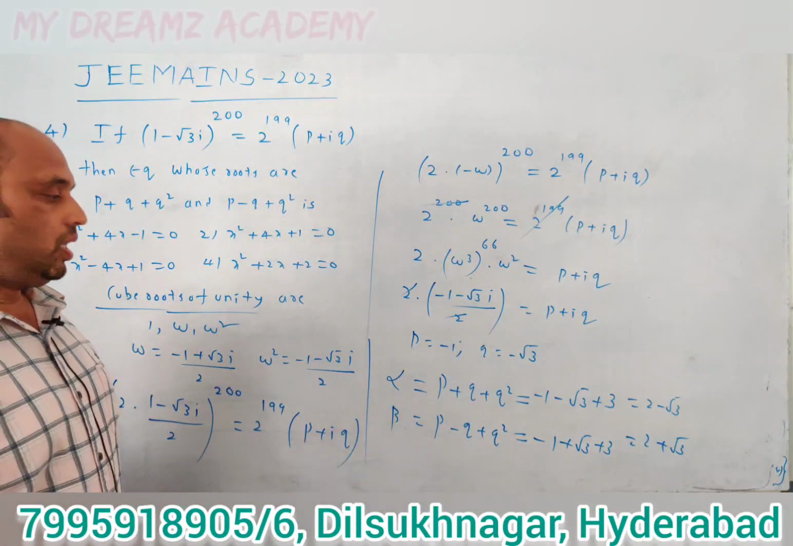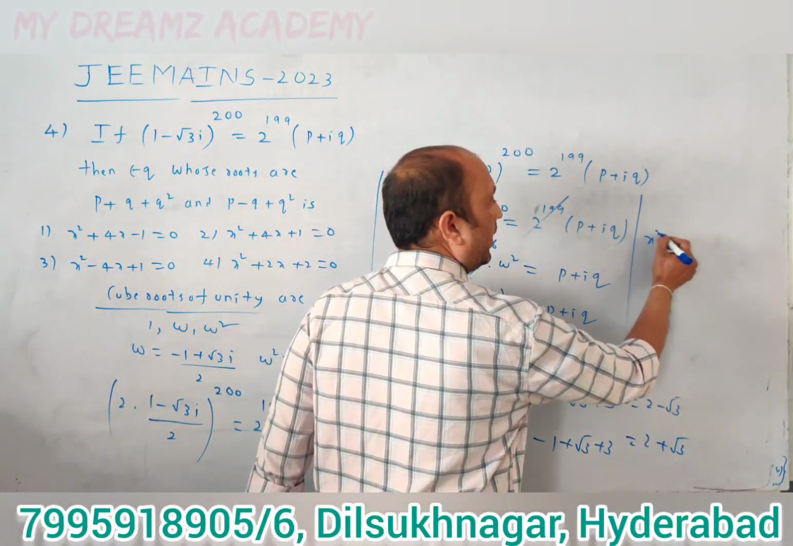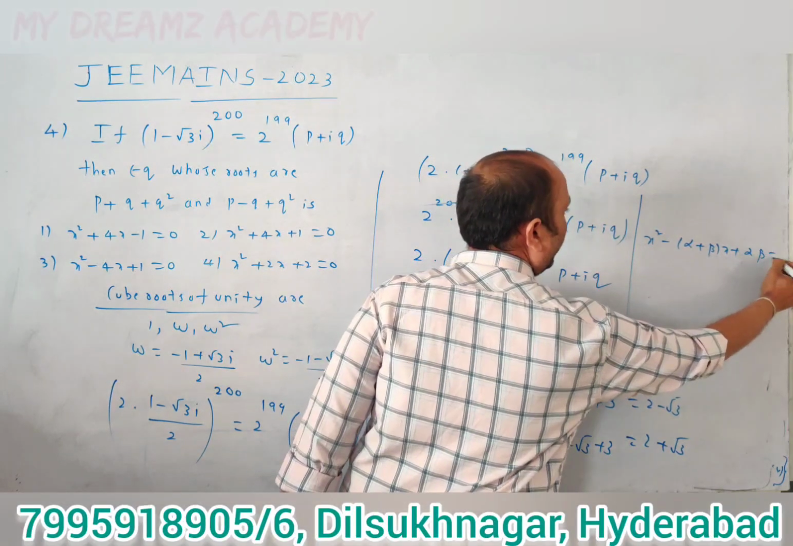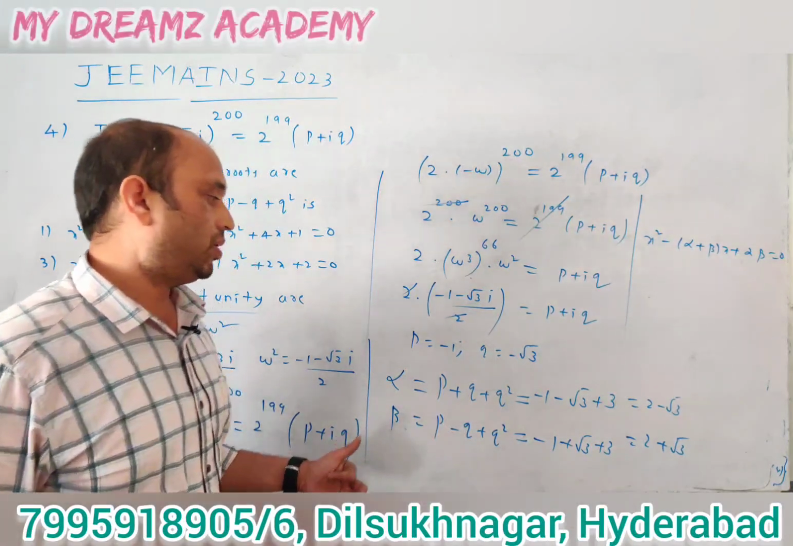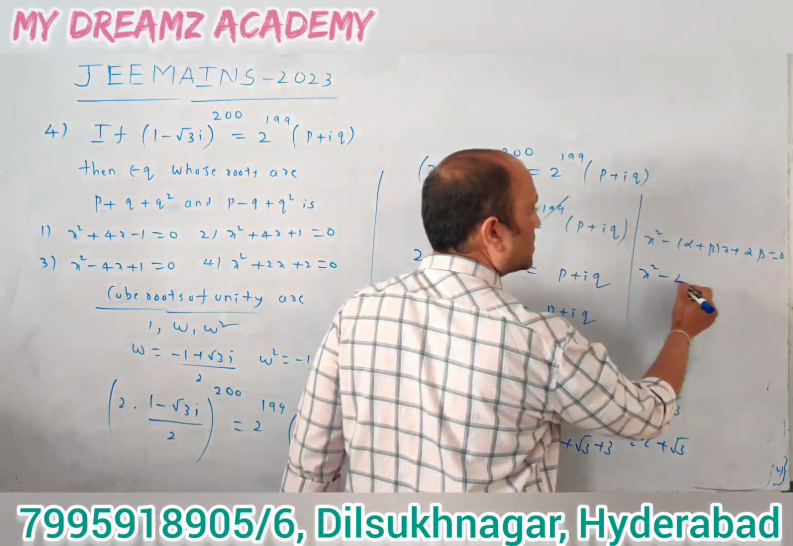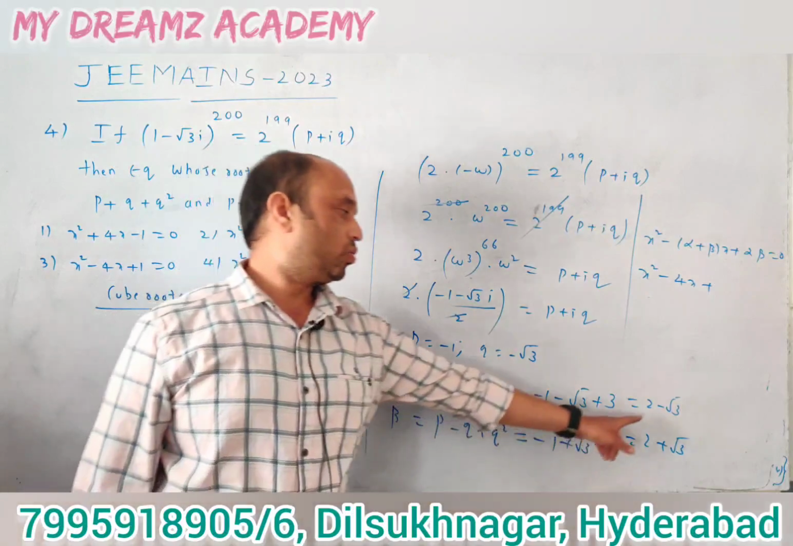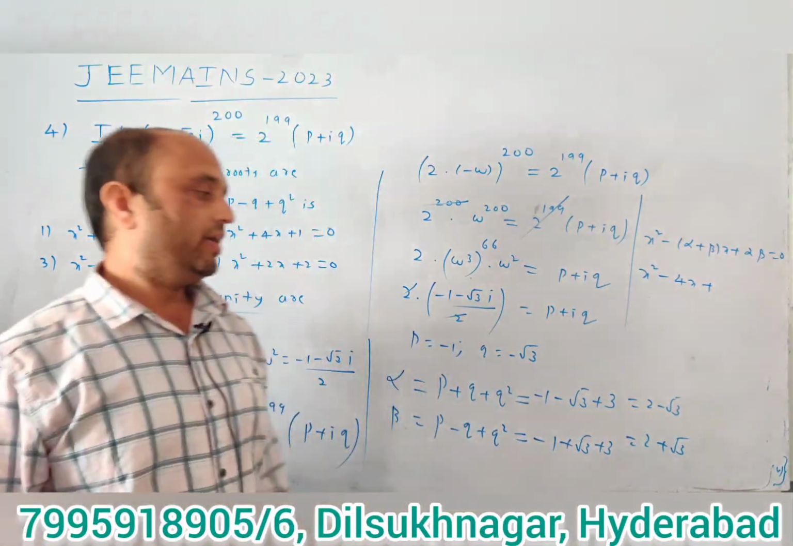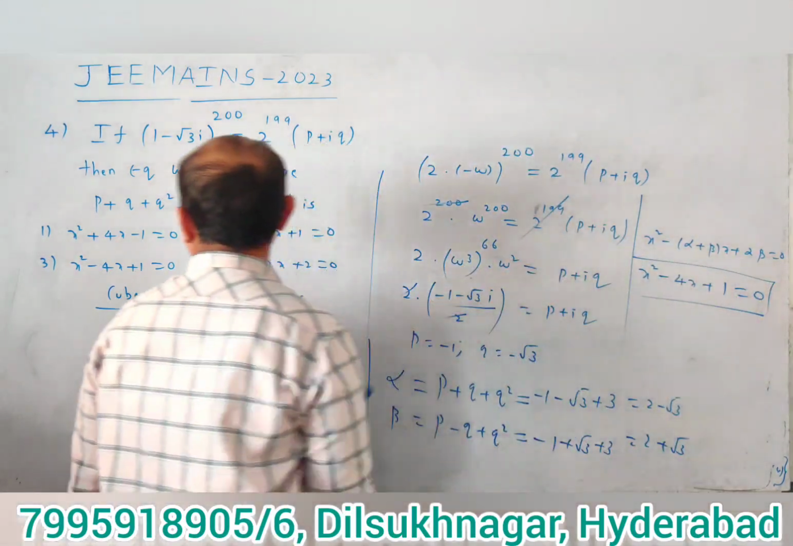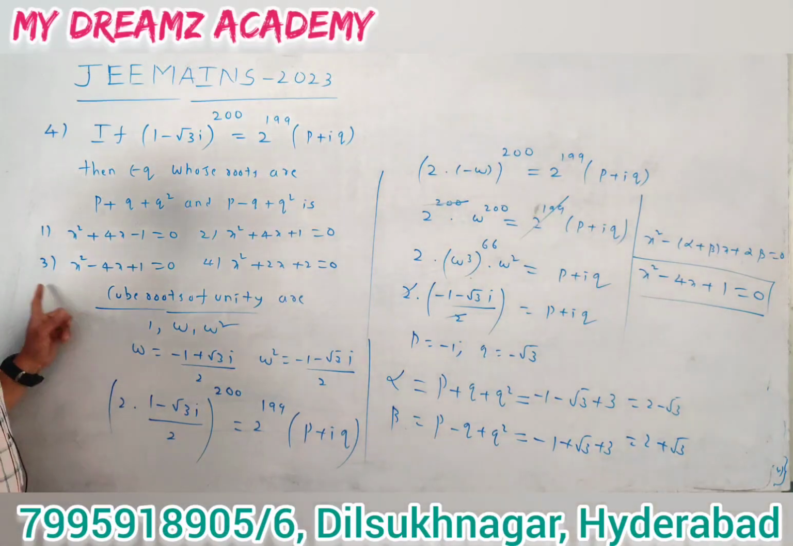Here we already know the equation whose roots are alpha, beta: x square minus (alpha plus beta) x plus alpha beta equal to 0. This is the equation. So the sum of the roots gives x square minus 4x, plus alpha beta, 2 minus root 3 into 2 plus root 3, a square minus b square, that is plus 1, equal to 0. So x square minus 4x plus 1 equals 0. Our required option is